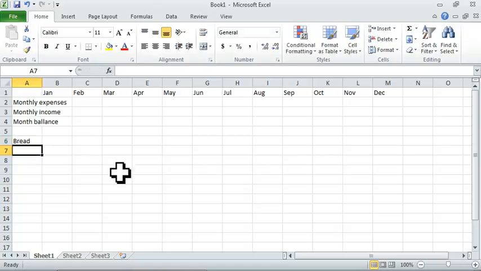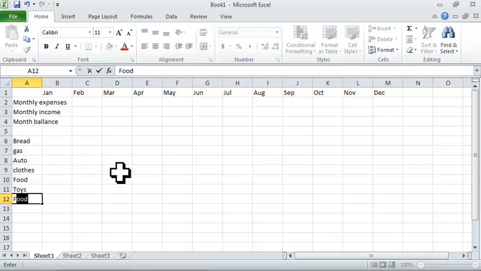But I'm gonna just put several categories. Just made up: bread, gas, auto expenses, I don't know, any kind of repairs you do on your vehicle, clothes, groceries, or just food, kids' toys, furniture, etc. So you decide how many of those you're gonna put and which ones are the important ones you want